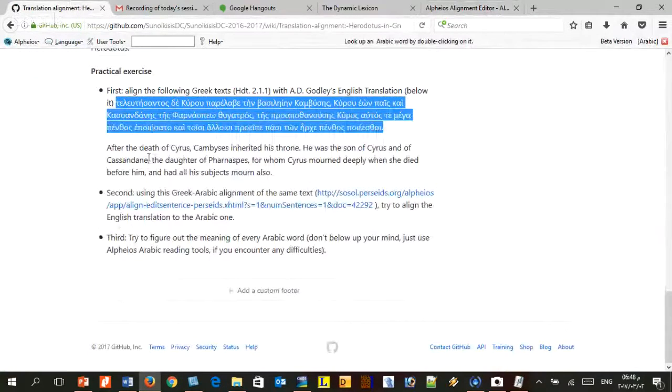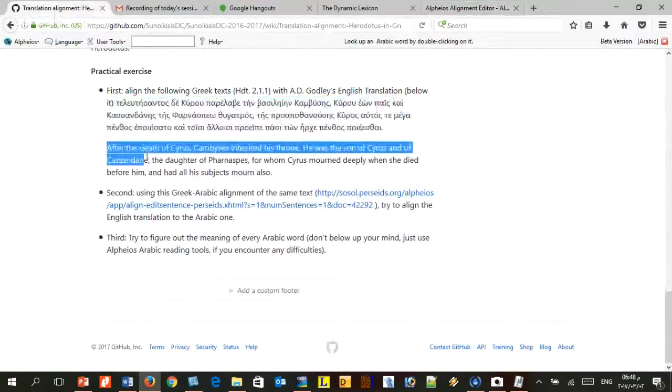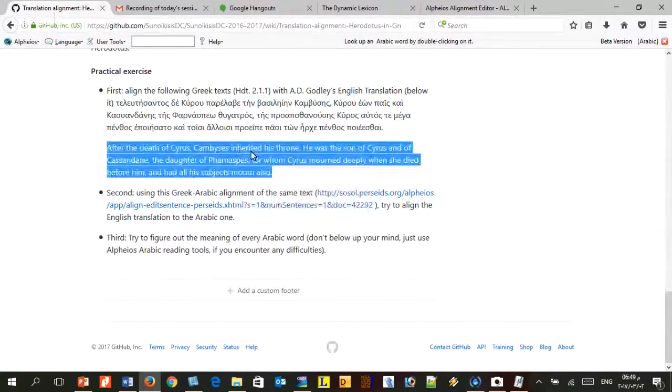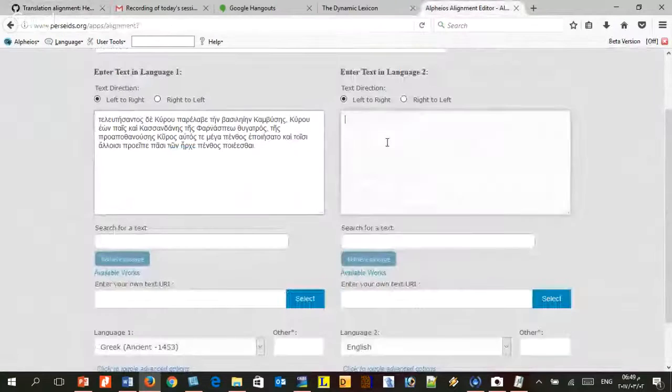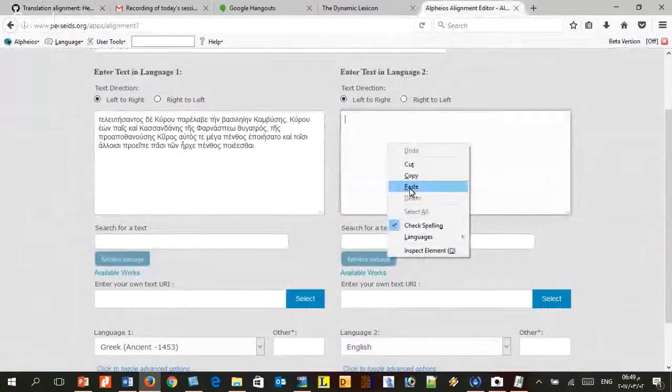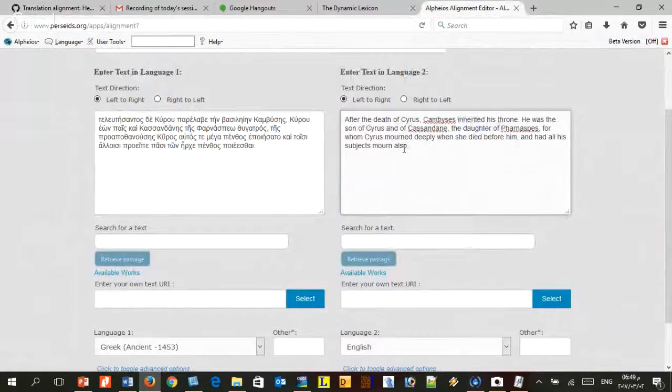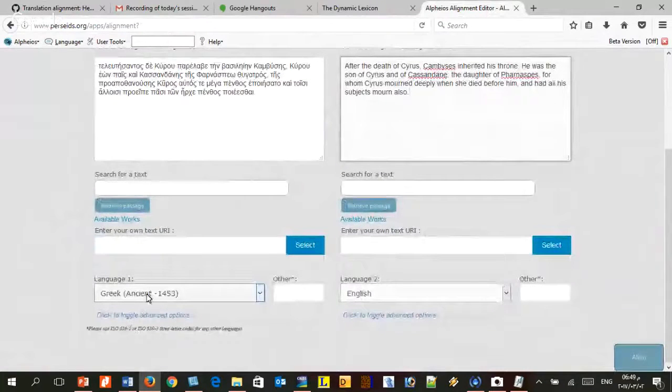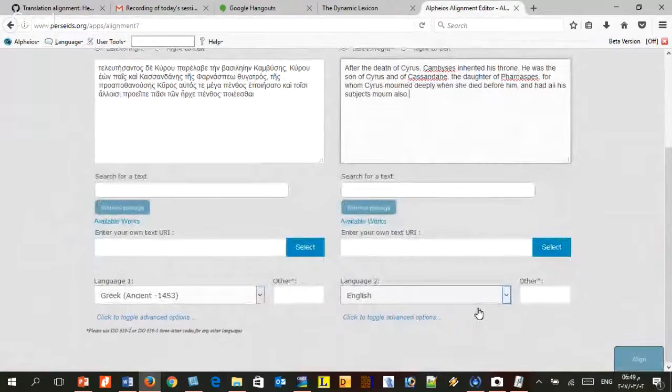Then take the English translation of this, and copy and paste it here. It will automatically know that it is English; you do not have to supply this.